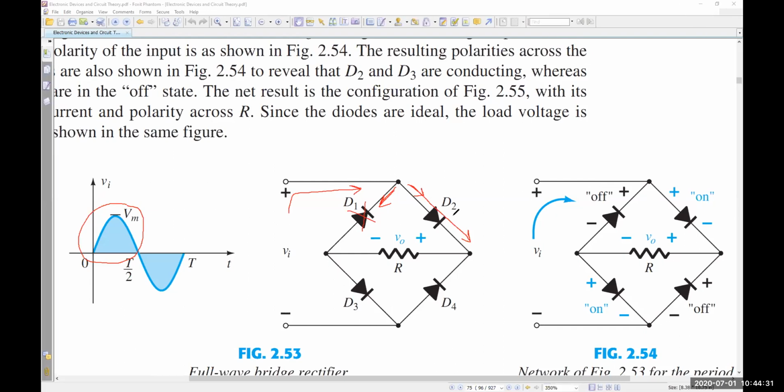Now current will go in this way. After reaching this point, it will be again confused because it has 2 paths, right? One is this one, another one is this one. Here you can see this diode is also reverse bias, so no current can go. So the only way it has to follow is the resistor. So see, at first, from which point is the resistor getting the current? From this point, right?